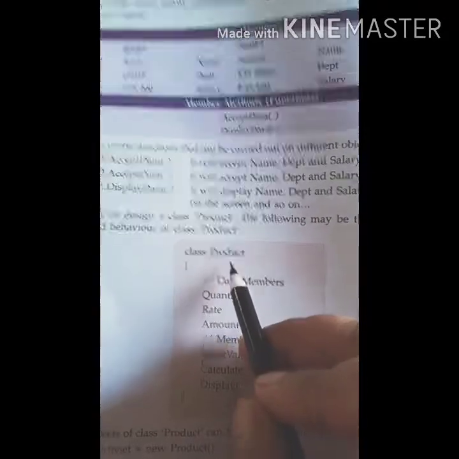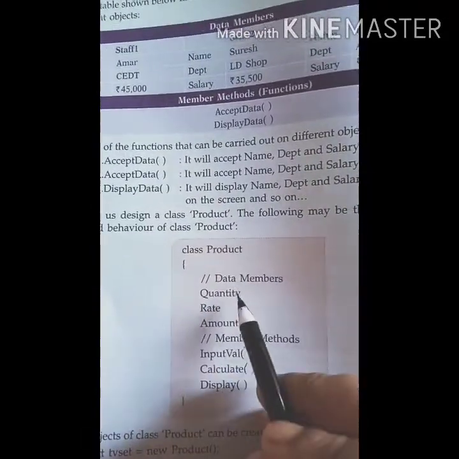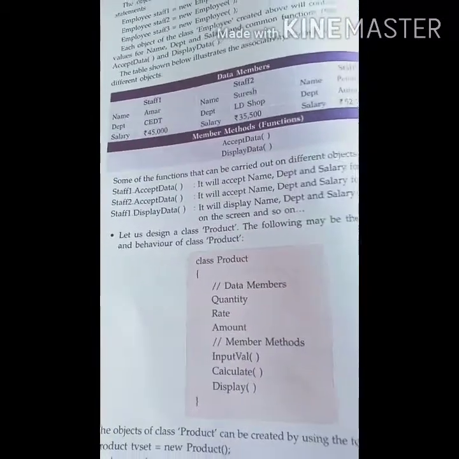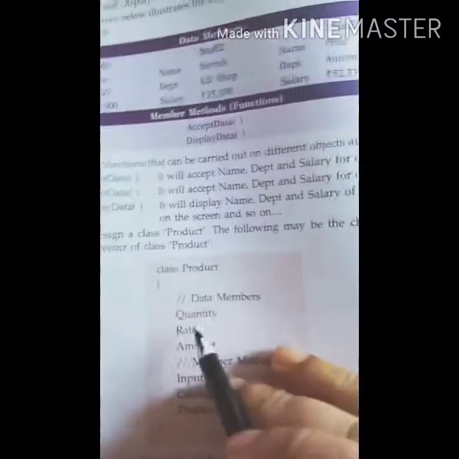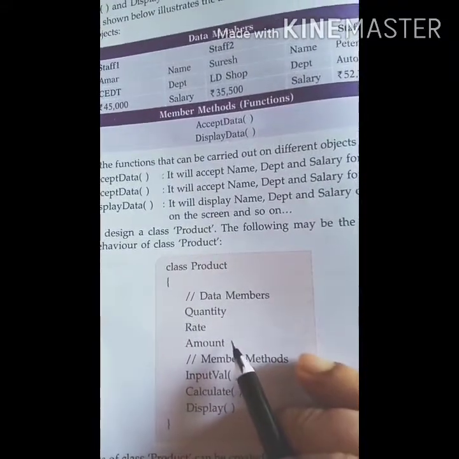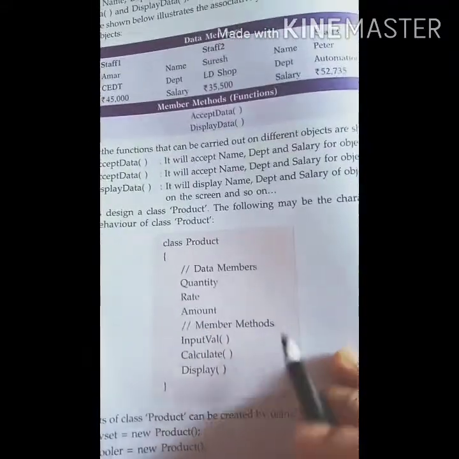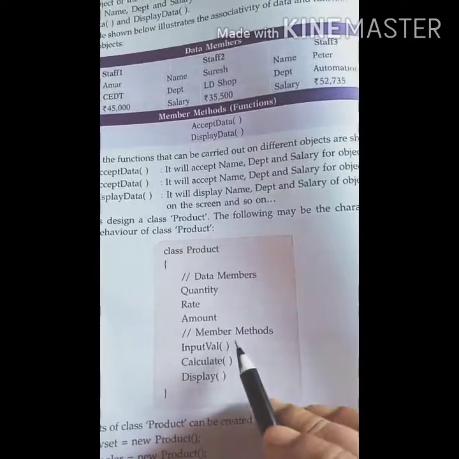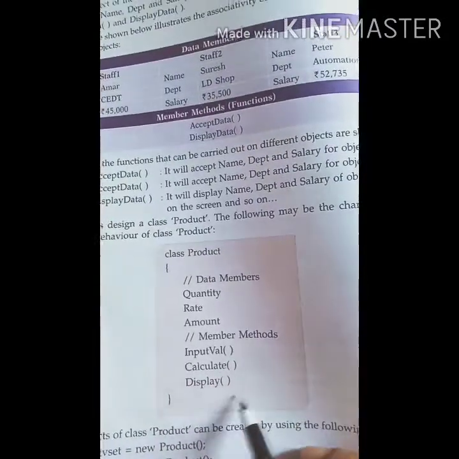Class product: we have data members, quantity, rate also, and amount also. Member functions may be input value, calculate and display.